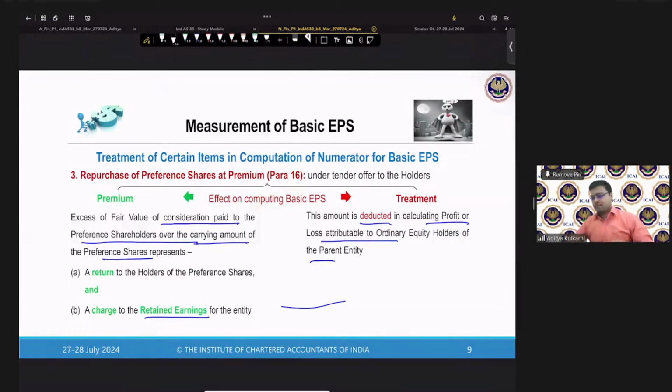At what stage is this classification to be made? That is the point which we are going to look at in tomorrow's session. The classification has to be done right at inception itself. The moment you have a financial instrument, we have to recognize it as a liability or equity, because that is the basis for determining where the figures will go. If it is a liability, though it could be a preference share, the effective interest rate will ensure that the interest gets captured in finance cost. Then the annual cumulative dividend is just a payout. It will not hit the P&L at all.